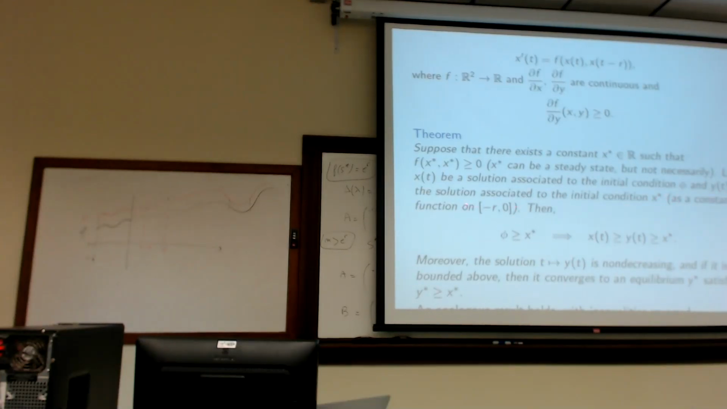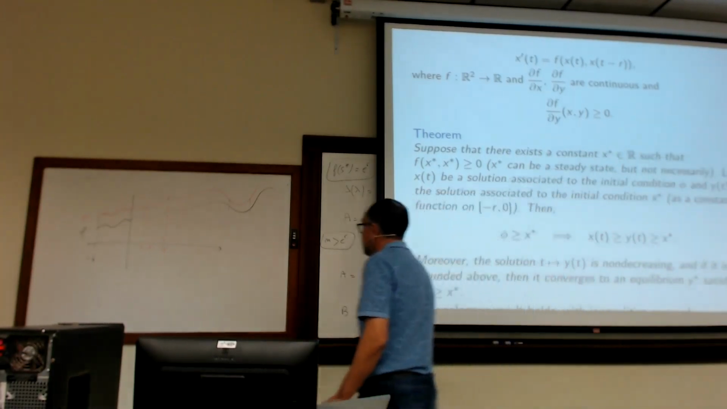In that case, you will have this. If you take initial condition bigger than this constant, then x of t will be bigger than the solution given by this constant, and at the same time, y of t will be bigger than this constant. This is a very interesting result because it's